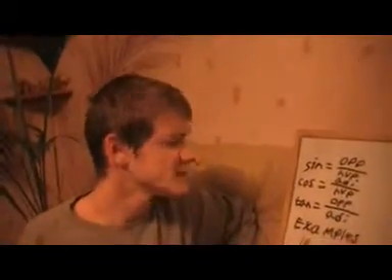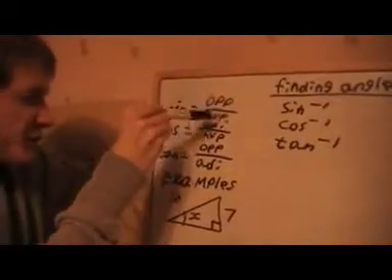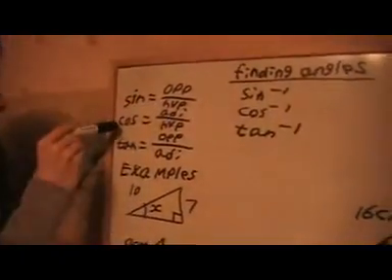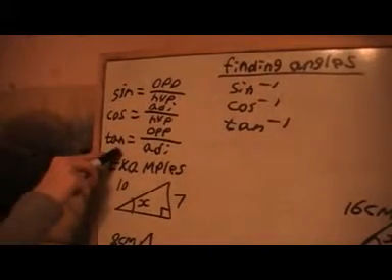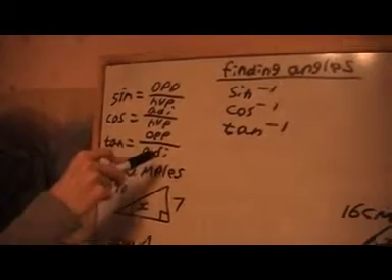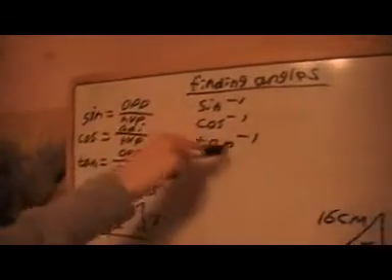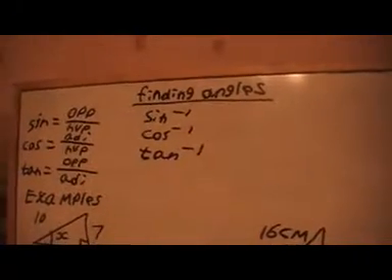Okay, so in this video we're gonna continue looking at right angle triangles. Last time we were finding lengths, but this time we're gonna learn how to find angles. So just to remind you what the functions were, there was sine, which was the opposite over the hypotenuse. We had the cosine, which was the adjacent over the hypotenuse, and the tangent, which is the opposite over the adjacent. And we also had the inverse functions like this that can be written as